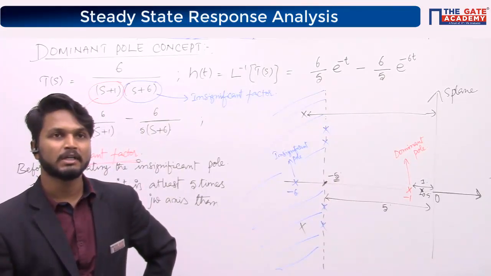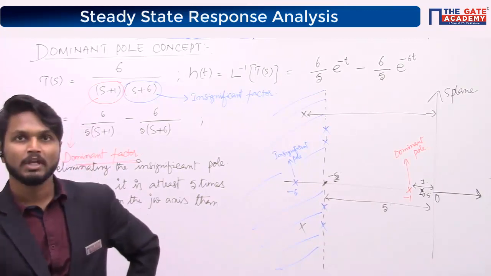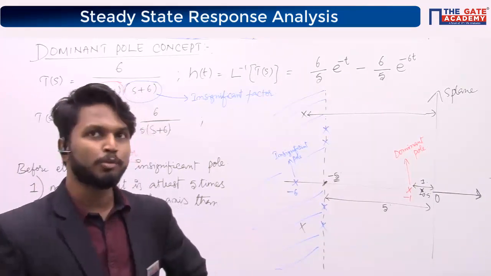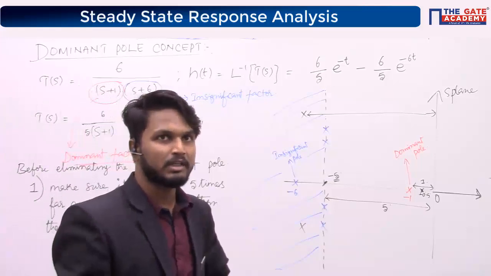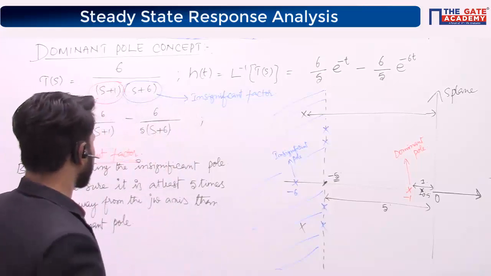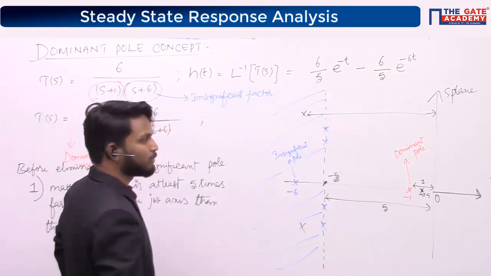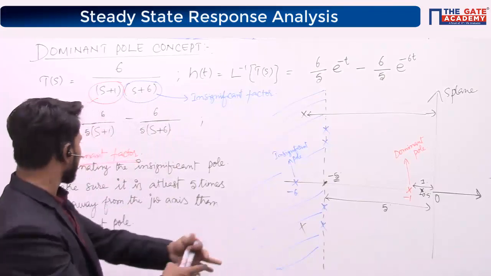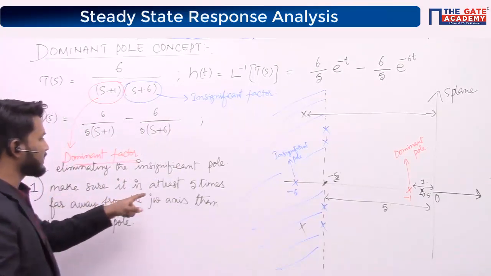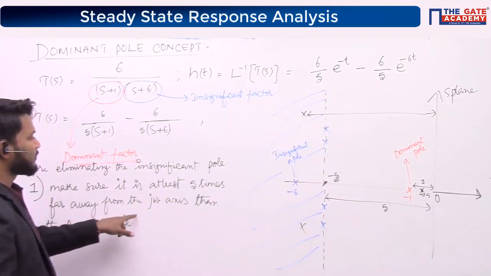They are at least 5 times far away. Is it clear? Just solve one or two problems, you'll come to understand it automatically. The first condition is to make sure it is at least 5 times far away from the j omega axis